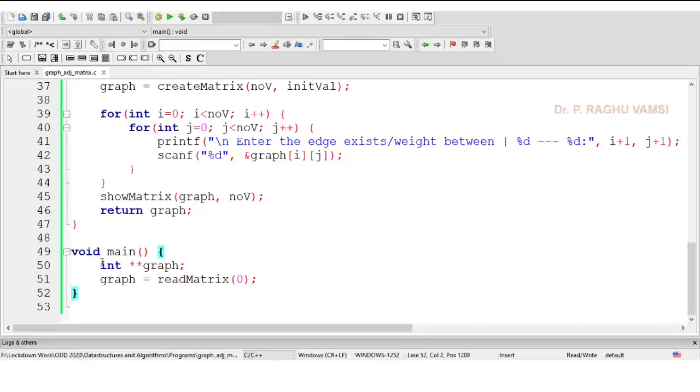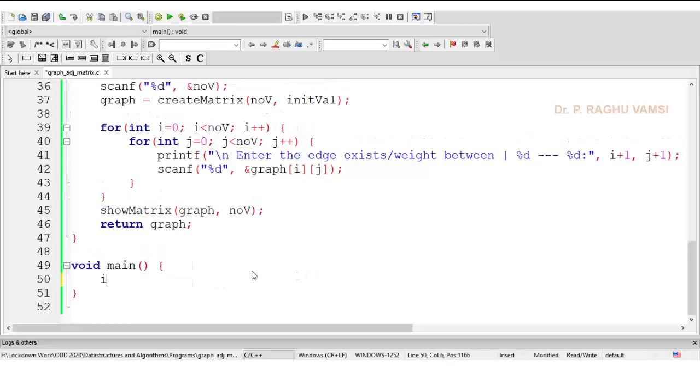So far whatever we have seen is the dynamic way of representing the adjacency matrix. On the other hand, one can also represent the graph in a static way, that is just by writing an adjacency matrix in the main method and performing the operations according to that particular static matrix. For example, int graph. So here I am going to take 4 elements, that is 4 vertices, in which I can directly mention.